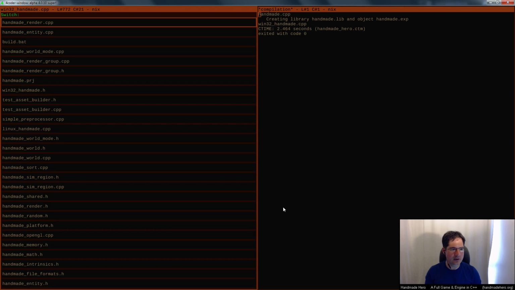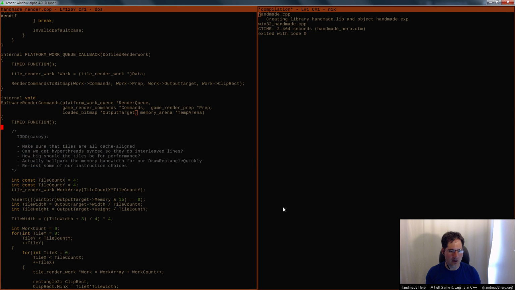I'm going to start really, really basic just so everyone can follow along with what I'm doing. All I'm going to do is introduce a totally extraneous, completely unnecessary piece of work just to show you what I mean. Right now we have a loaded bitmap called output target. We know that whatever we draw into output target is what we then hand to Windows in the software interface and say, here, display this in your Windows system. We didn't write Windows, we don't know how you're going to do that. We just know we produced a beautiful looking game image for you. Please display it. That's what output target is.